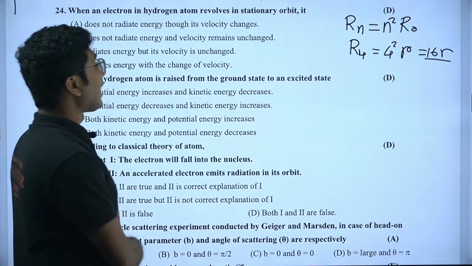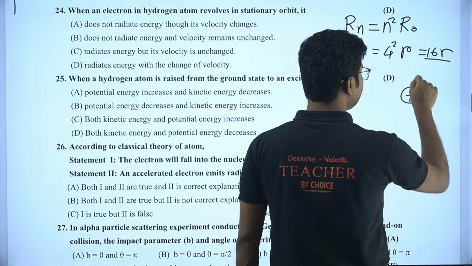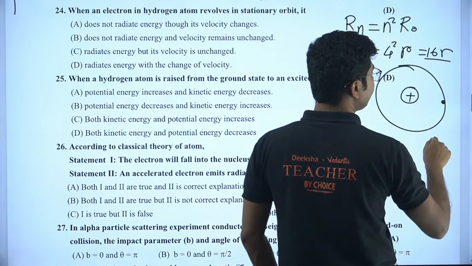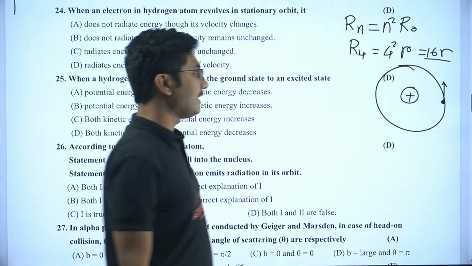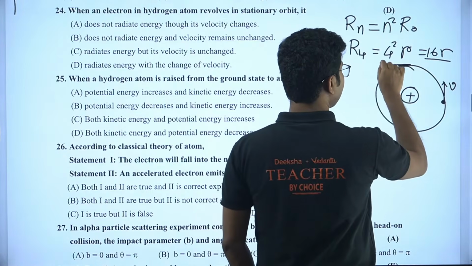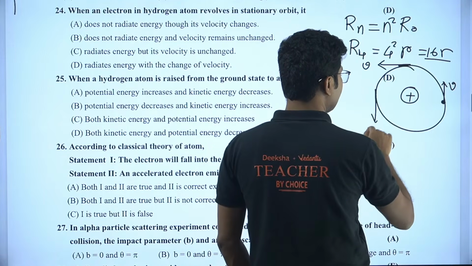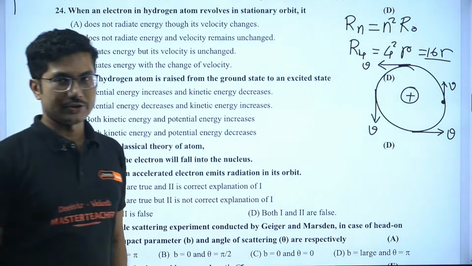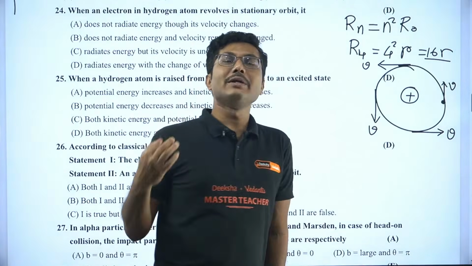So when an electron in a hydrogen atom revolves in a stationary orbit, let's see. We have a positive nucleus and the electron is orbiting in a stationary orbit. So what happens to its velocity? Remember, velocity is a vector quantity. Velocity at this point, say, is v. At this other point it is again v. Are the directions the same? The direction is different. Different direction means the direction is changing, so velocity should also change. What will not change? The magnitude of velocity, or speed, will remain the same,